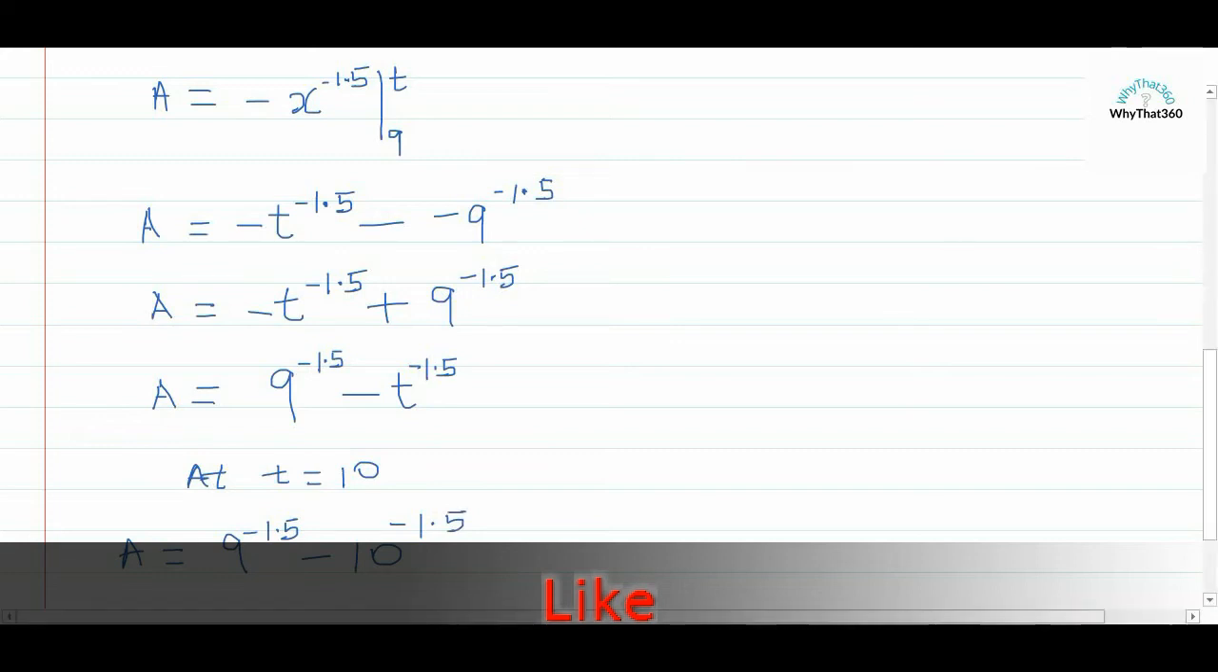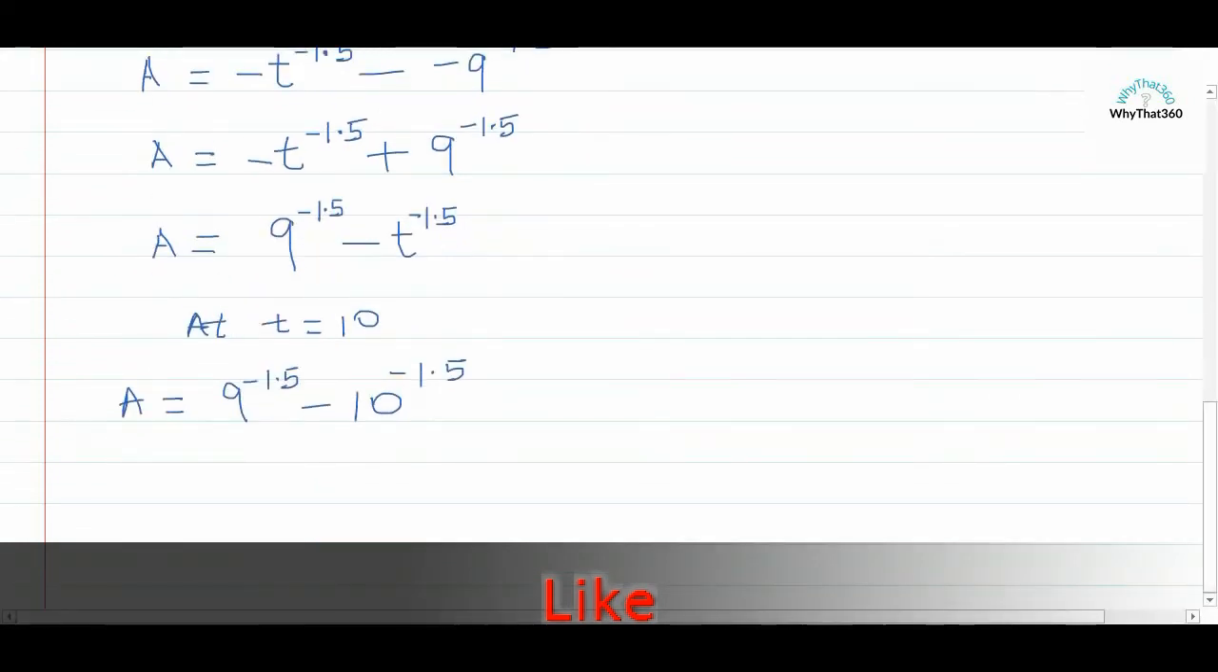9 to the power negative 1.5 is just 1 out of 27, but I'll go ahead and find the whole expression on my calculator. So 9 raised to the power negative 1.5 minus 10 raised to the power negative 1.5, and that gives 5.414260435 times 10 to the power negative 3. I'm going to write that in,